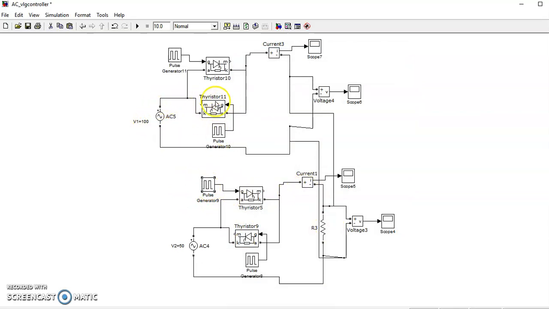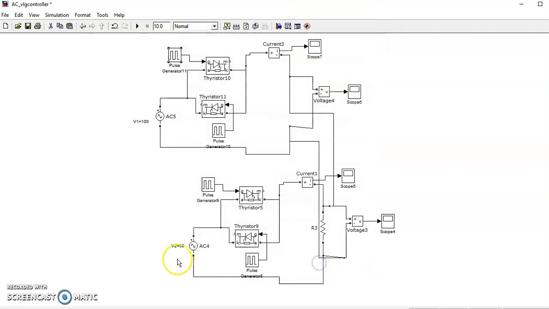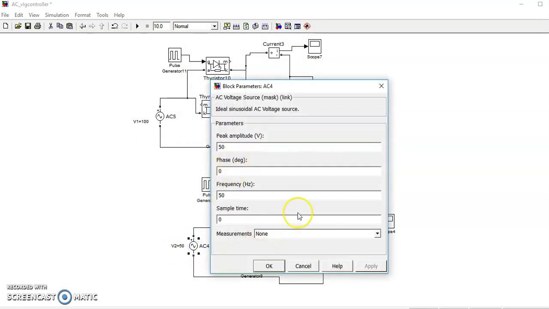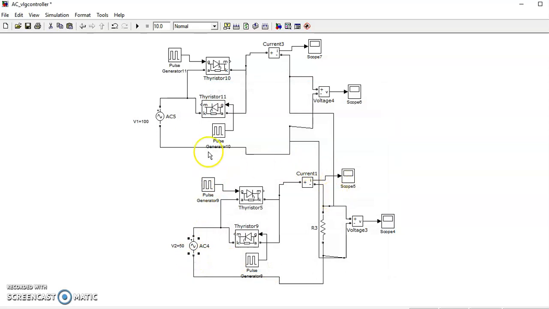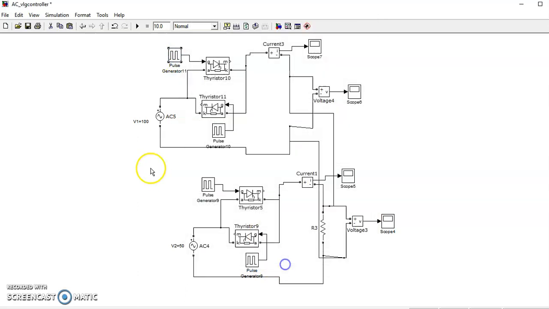Another one is this one. Then this thyristor will start. So first, in mode 1 this thyristor, and in mode 2 this thyristor will start. Now what will happen? 100 volts flows to the load, after a 30 degree delay. So it starts to conduct after 30 degrees. First I am giving 50 volts, only 50 volts for 0. Then it increases to 100 volts after 30 degrees, and flows to the load. Okay, the positive cycle is over.